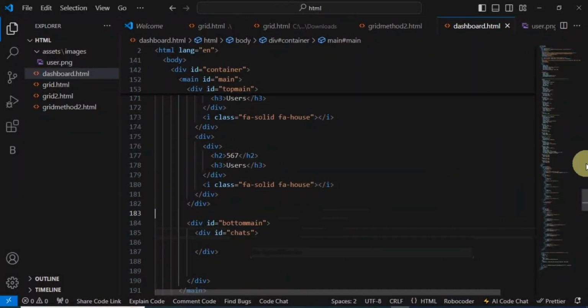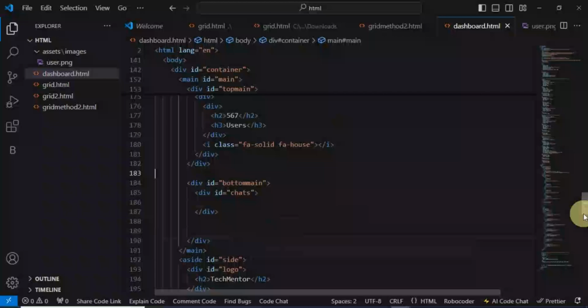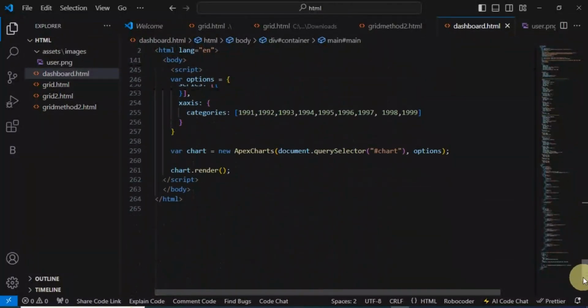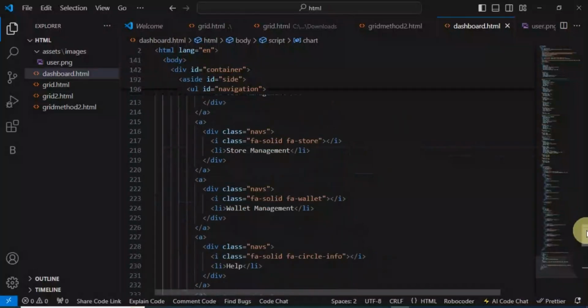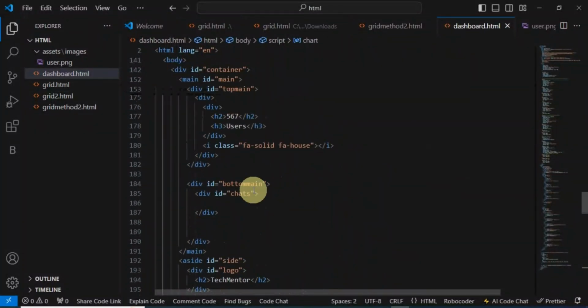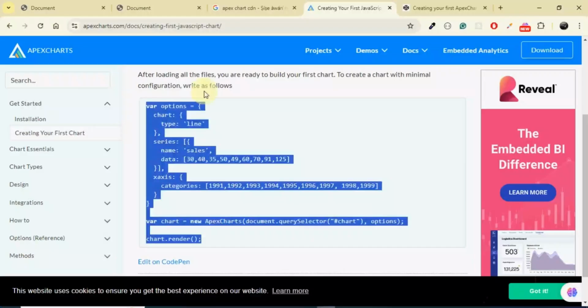Let me go back and be sure the name is correct. Charts. So if we go back here to our JavaScript, we see we're calling an element. We're selecting that element with an ID of chart. So this is our chart. There's no S on it. So let's go back and remove this S. So it's just chart, right? So if I save this and return to our project,